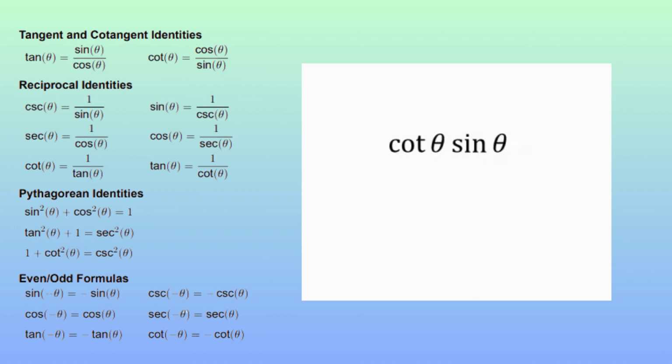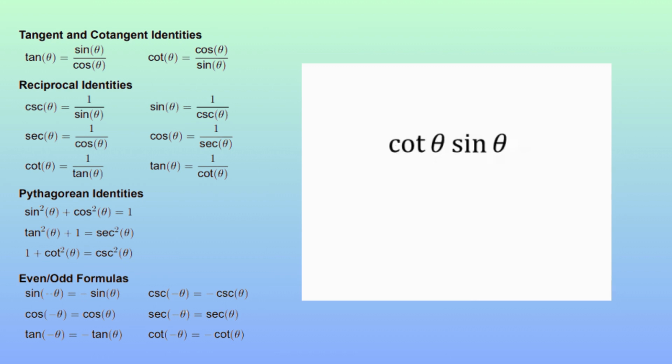We have cotangent theta times sine theta. So one thing that I try to look for is, do we have any squareds in there? If we have squareds in the problem, we're probably going to be using either some type of Pythagorean identity or a version of it, or some type of factoring. In this case here, I don't see any, so what I would do is just convert things